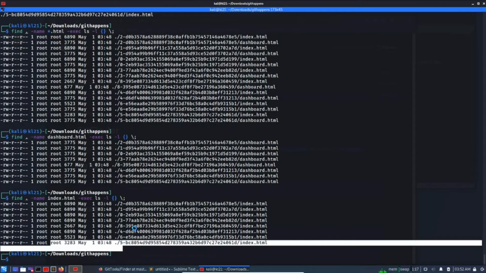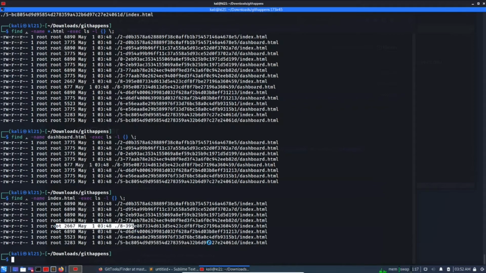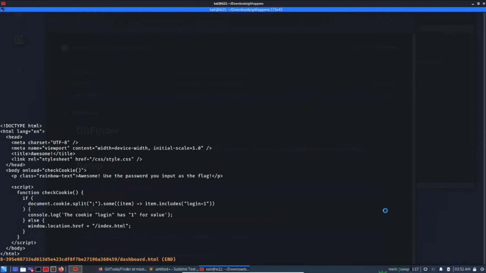But since 8 is common in both dashboard and index, let's check the number 8 index file and the number 8 dashboard file. So let's open 8 hyphen slash, maybe let's check the dashboard first, and